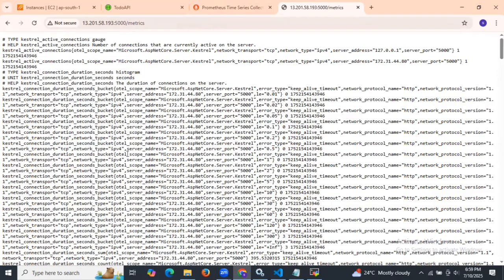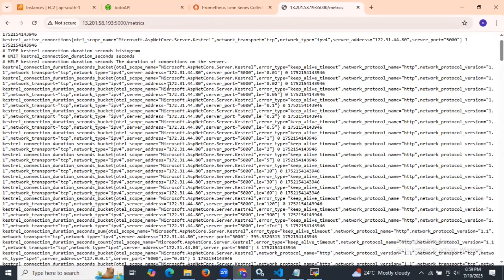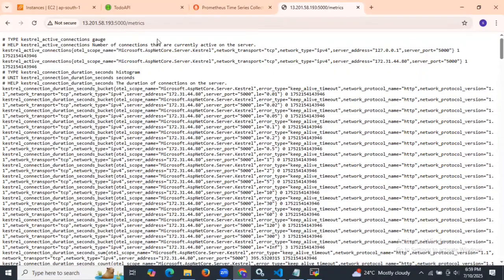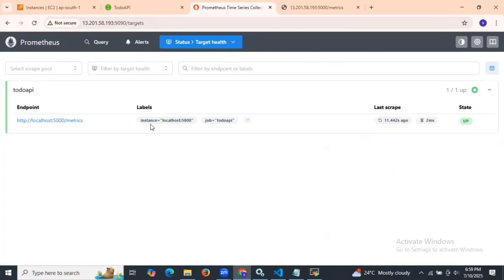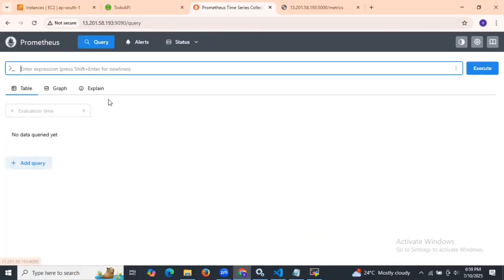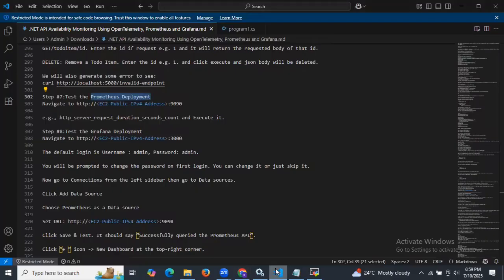You can see the metrics of these two items because it needs your instance IP. Then labels: instance localhost:5000, jobs, this name to-do API, last scrape, and the state is up. It's online. Right, so let's go to this here, and after that here,